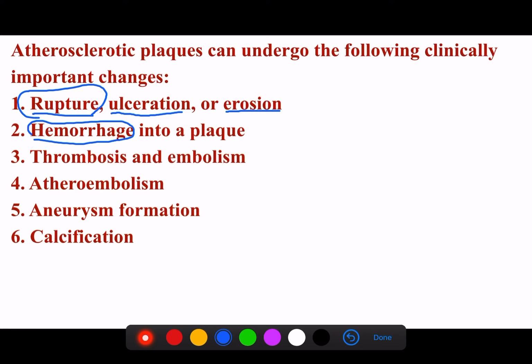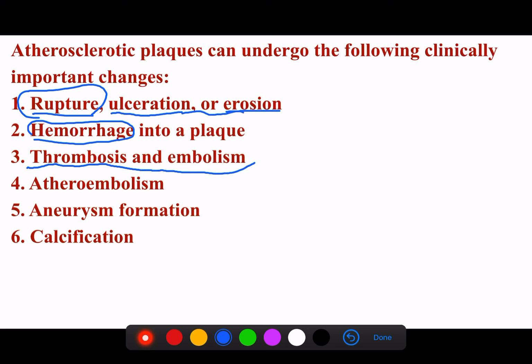Let's imagine atherosclerosis within the brain: hemorrhage within the brain, fatal. Hemorrhage within the thoracic cavity, fatal. Hemorrhage within the aorta, fatal. Also, the erosion and ulcerative plaque